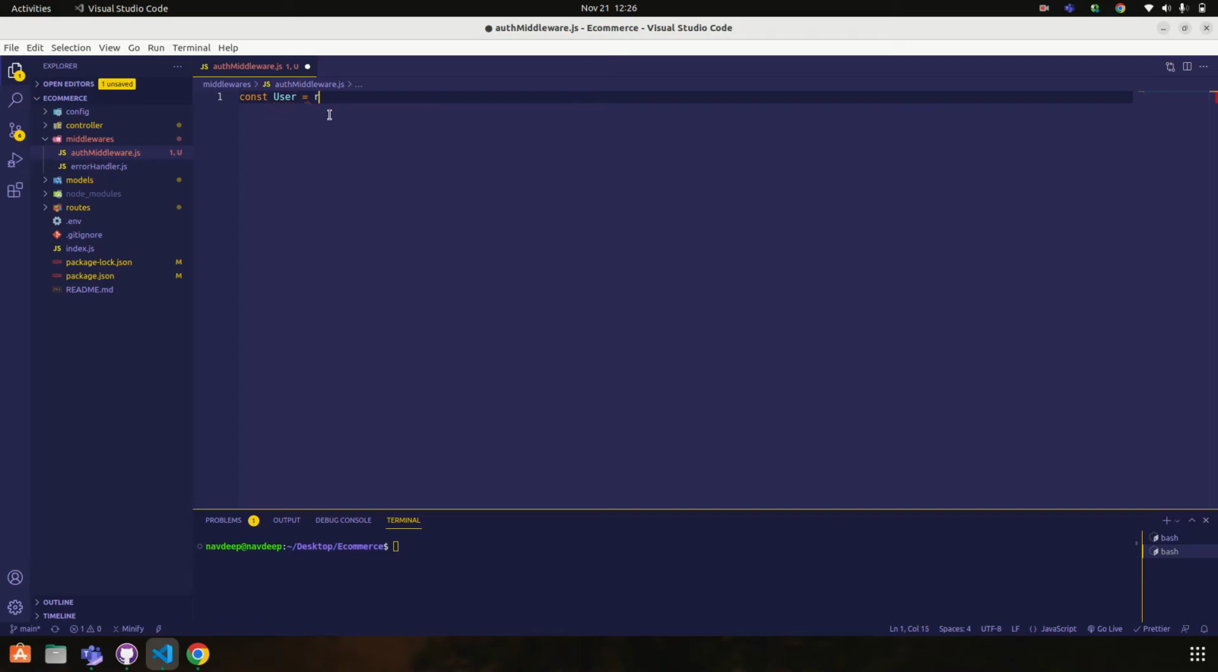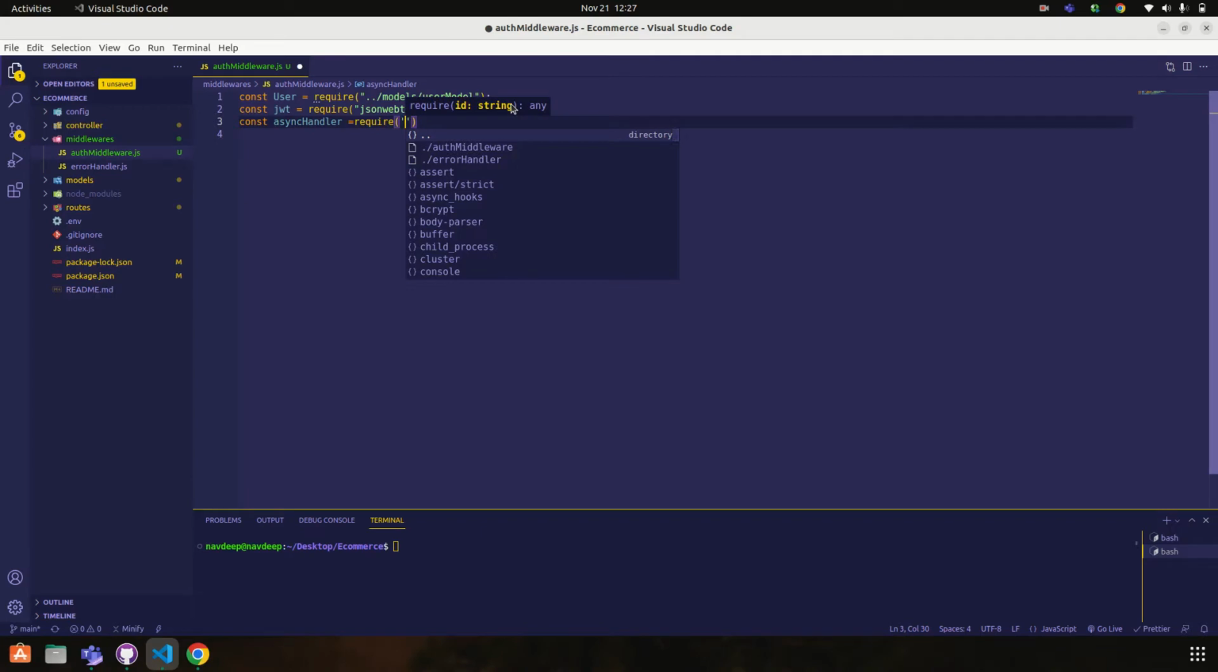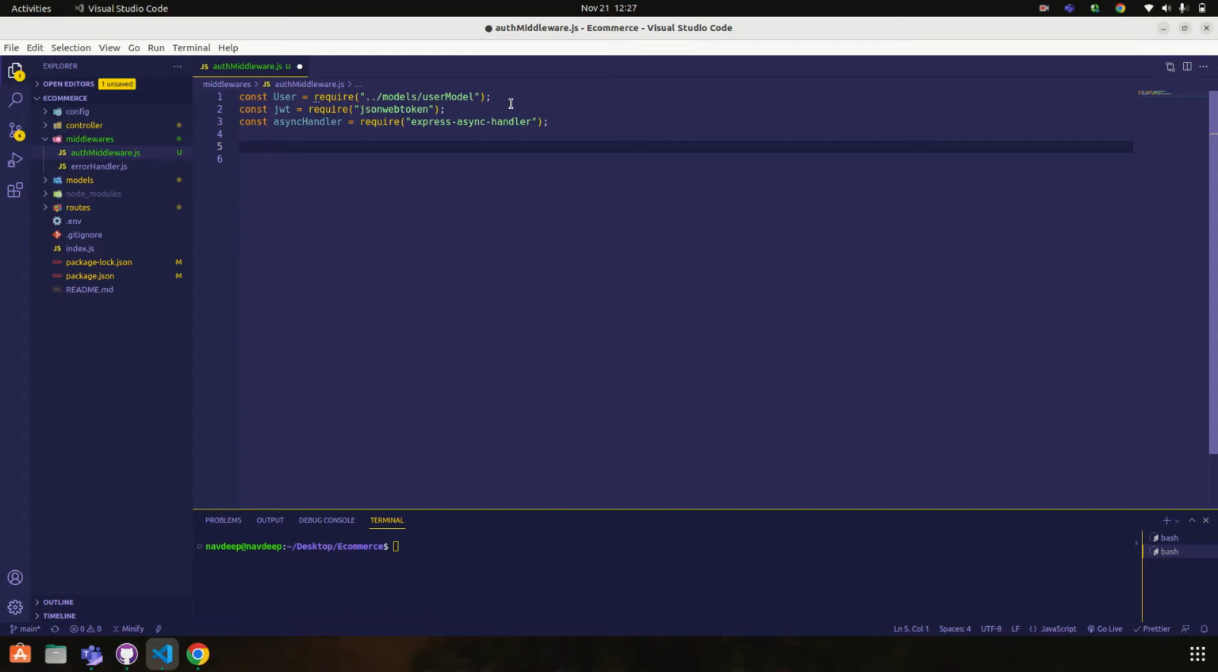For that we need const user is equal to require models slash user model. The second thing we need is JWT equal to require jsonwebtoken. And the third thing we need is express async handler: const asyncHandler is equal to require express-async-handler. Okay, so const authMiddleware is equal to